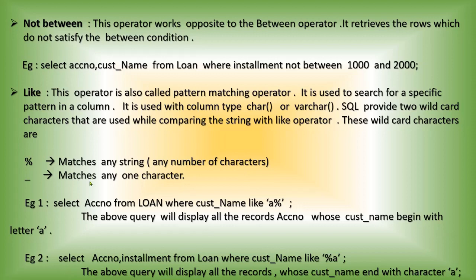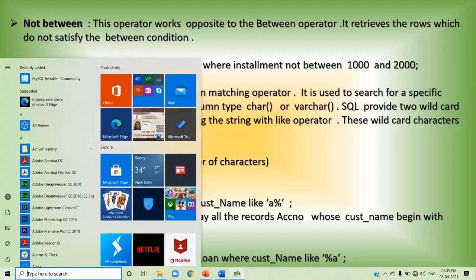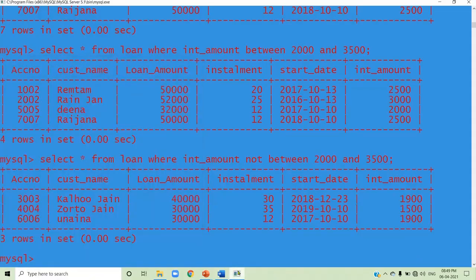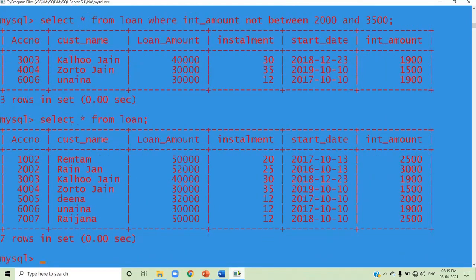I'll explain. Just go through the MySQL screen, and I'll show you the original content of the loan table. The original content of the loan table is this one. I am going to use the query like this. Select star from loan where